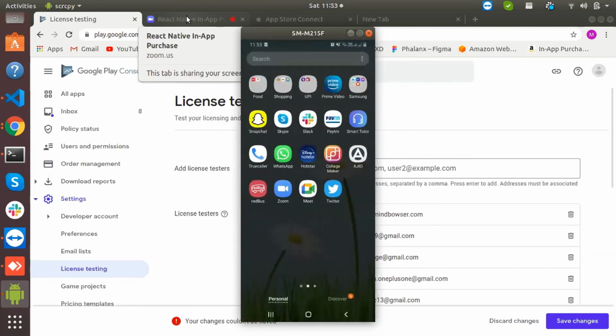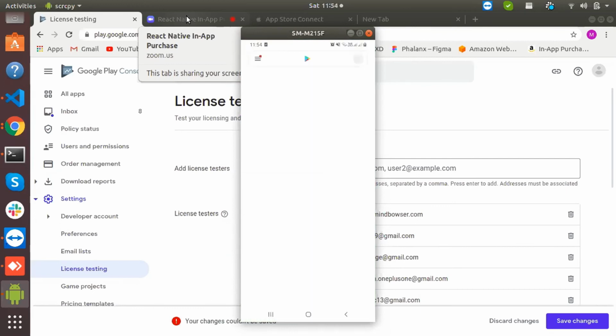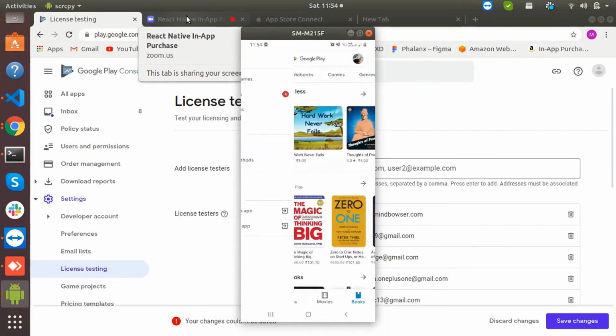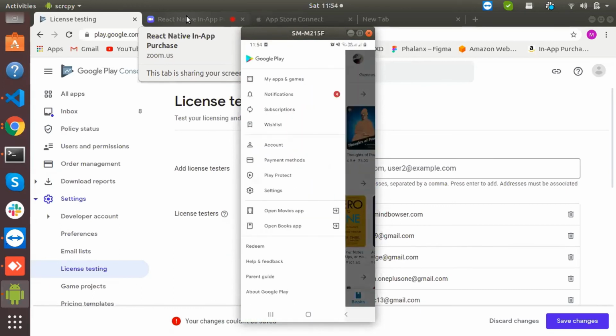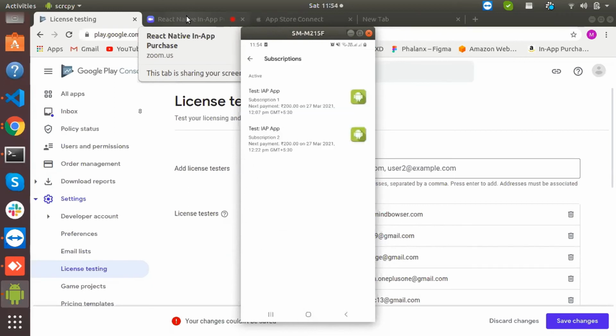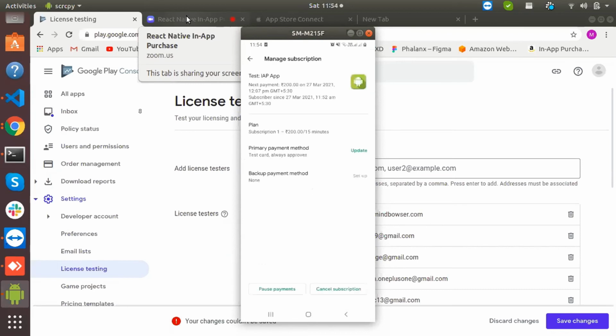We can check this on the Google Play Store as well. Here we go to the subscription, and we can see the changes have been reflected. We can cancel this subscription from the Google Play Store only.